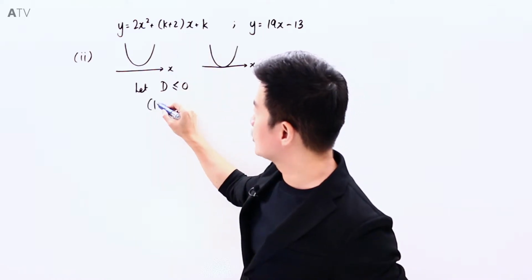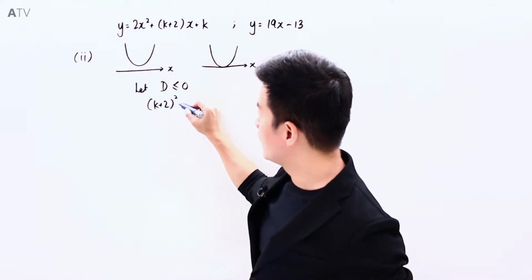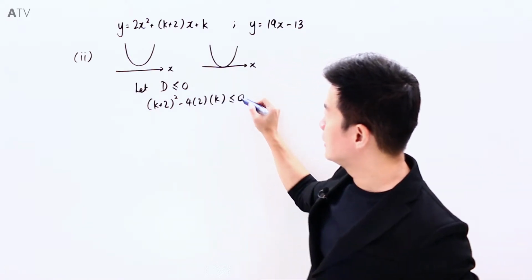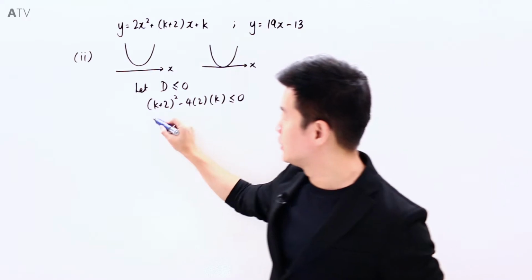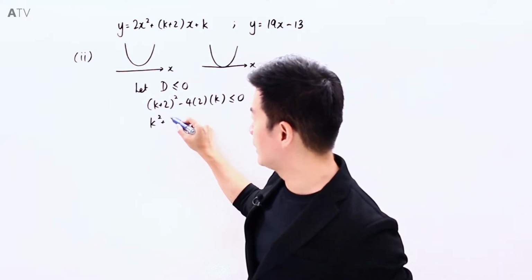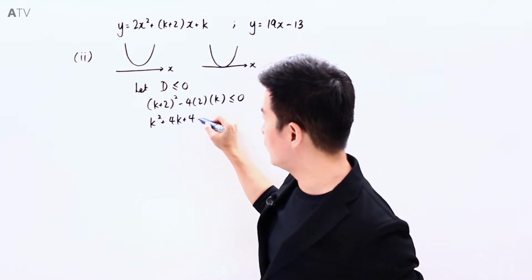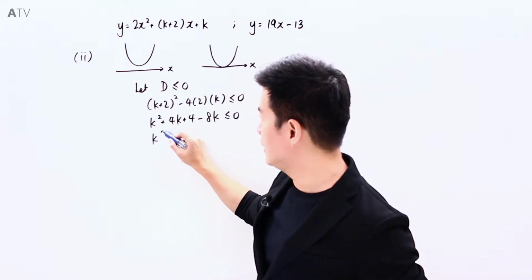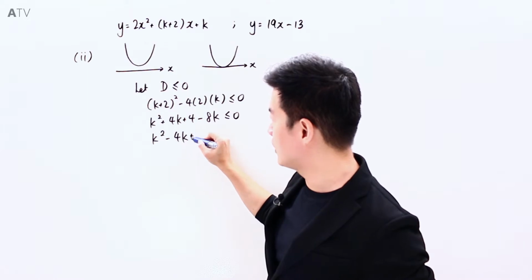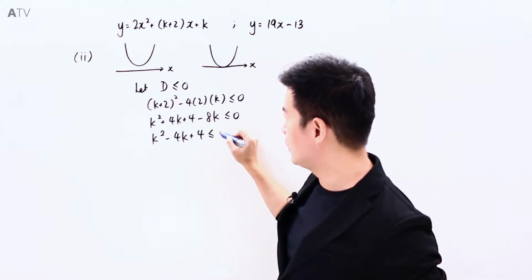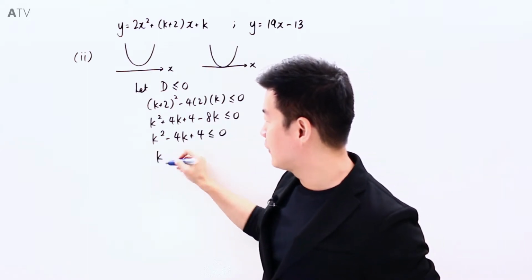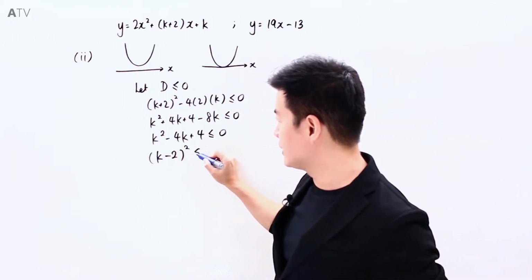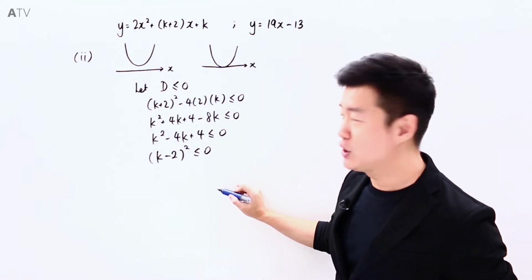And the discriminant is going to be b squared minus 4ac. This is less than or equal to 0. So this is k squared plus 4k plus 4 minus this is less than or equal to 0. So we have a k squared minus 4k plus 4. This is less than or equal to 0. Factorizing this further, we have (k minus 2) squared is less than or equal to 0,